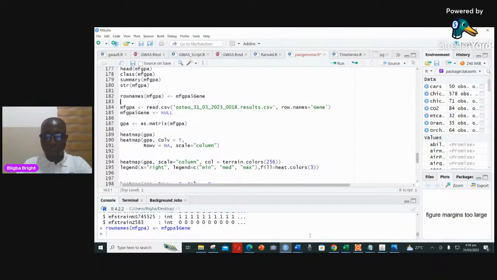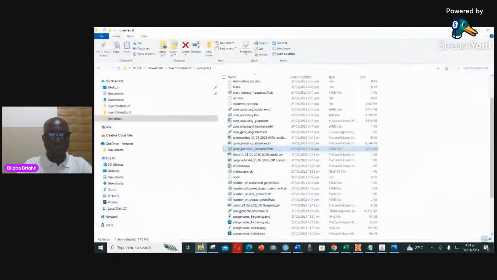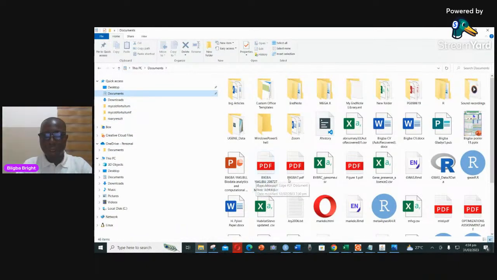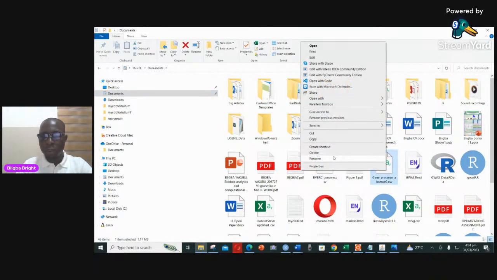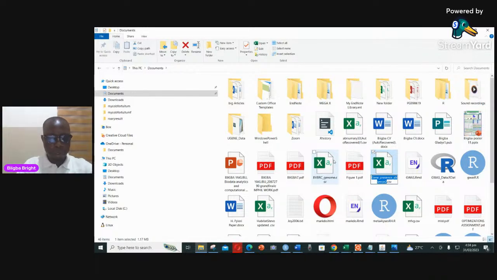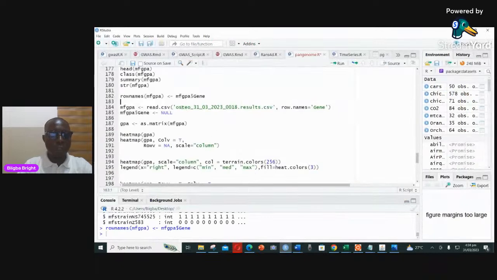So now let me show you how that is going to be done. I just go straight. But how do you get this particular row name? I'm going back to my environment, to my documents here. I look for the gene presence absence here. Then you right click on this, click on name, just copy it, Control C. It has copied the name there. Now get back to RStudio. Then you highlight from this portion up to this without the CSV and without the dot, and then place it. It will be there. Then when you run this,